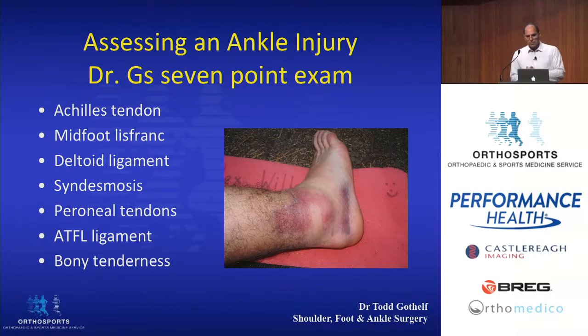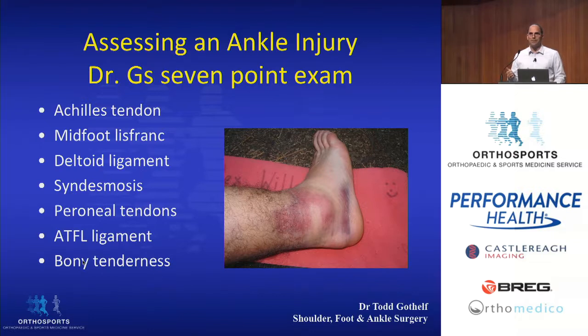Now, to assess any ankle injury, this is normally what I would imagine you guys might see in your rooms. A person goes to the emergency room, gets injured, they end up with the physios, and you're left looking at an ankle like this. And really, that's what you have to do, is try to determine what this person needs. What kind of injury is it? So usually there are 7 things that I look at in every single ankle sprain